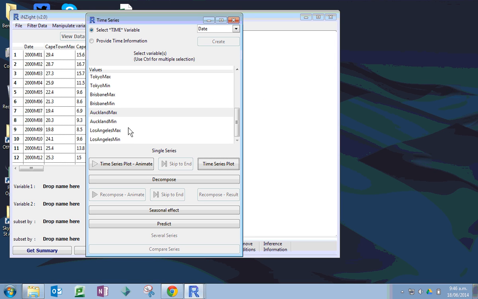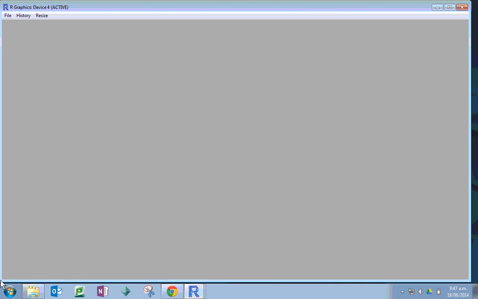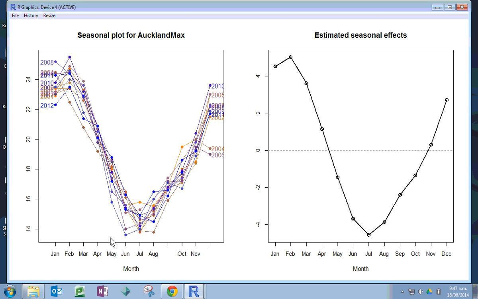Alright, just focusing guys, that's just one aspect of what we have to do in Insight. Another thing that we can look at is seasonal effects. So if I click on that, that gives me this graph here. What it's done is it's calculated what the seasons look like for each year and how different they are from the average. So we have each individual year's seasonal effects by each month, and then this graph on the right is the average